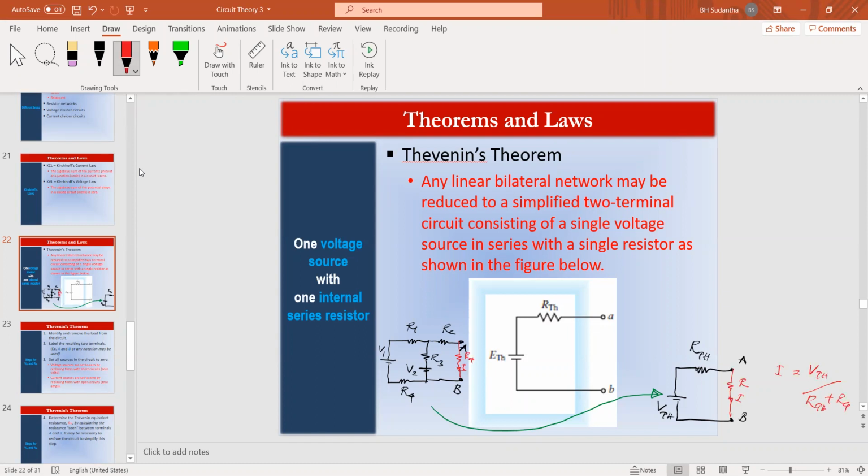That's it. Other than this red color resistor, the entire other part of the circuit can be simplified into this type of diagram. Thevenin's theorem tells us how to do that. Okay. Can you take a small note of this? Practically, I'll explain how to do this, but to have a complete note, you can write it down.